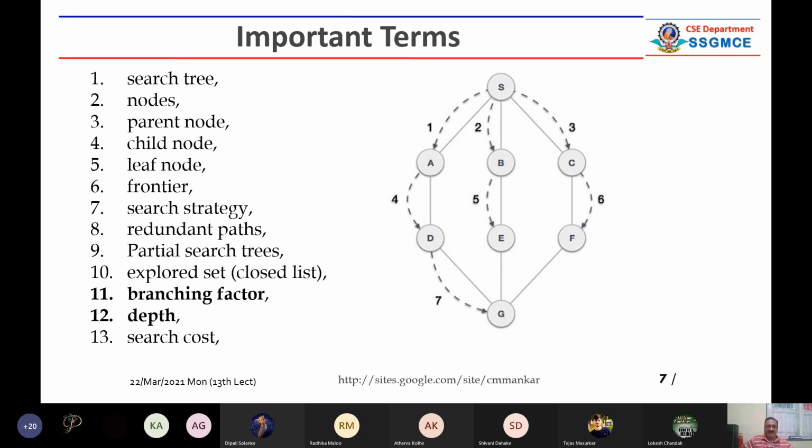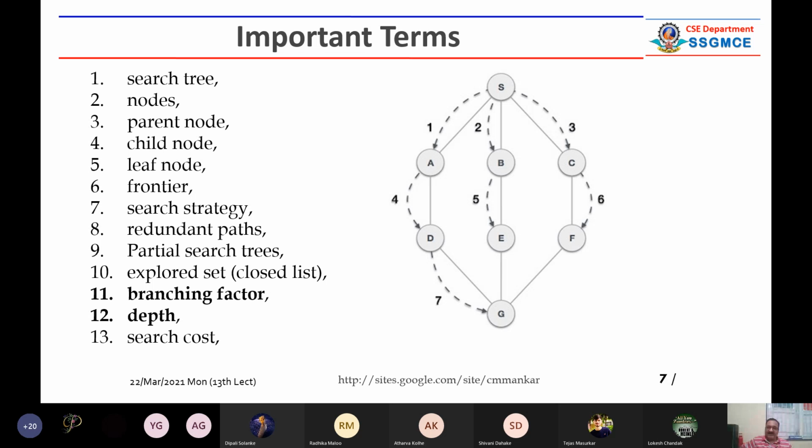Now again, this is an example of a graph. Here forget about the dotted links. Now see, from S you can go to B, and from B you can go to E, and from E you can go to G. So these are the 4 nodes, S, B, E and G. This is called traversing. When you start from a particular node, then you can reach your destination node.